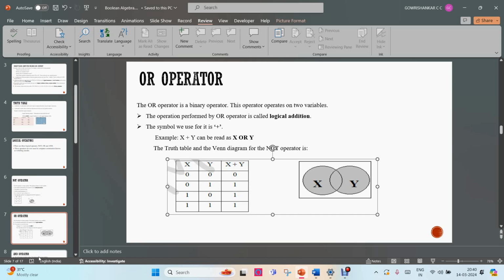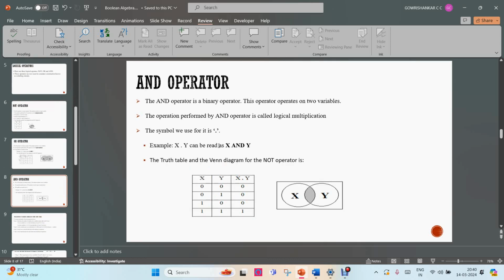That is the OR operator. Next, we're going to the AND operator. The AND operator is also a binary operator. This operator operates on two variables. The operation performed by the AND operator is called logical